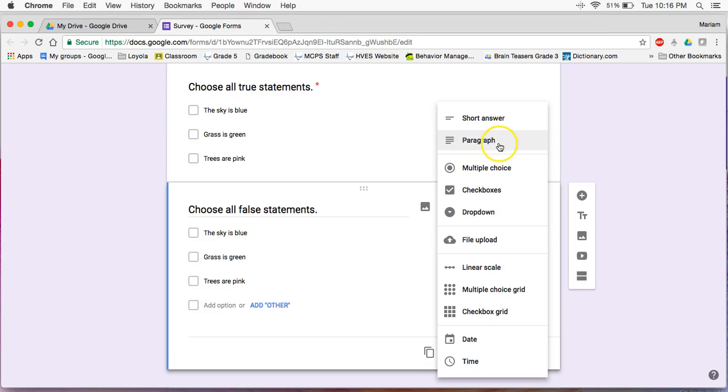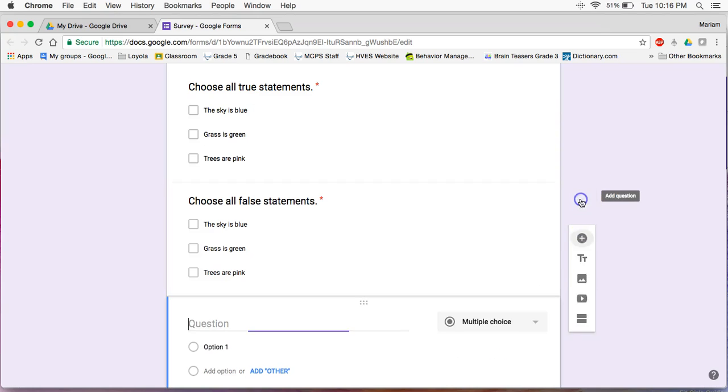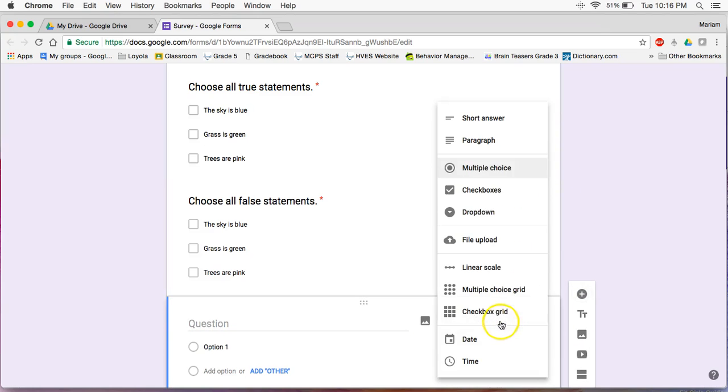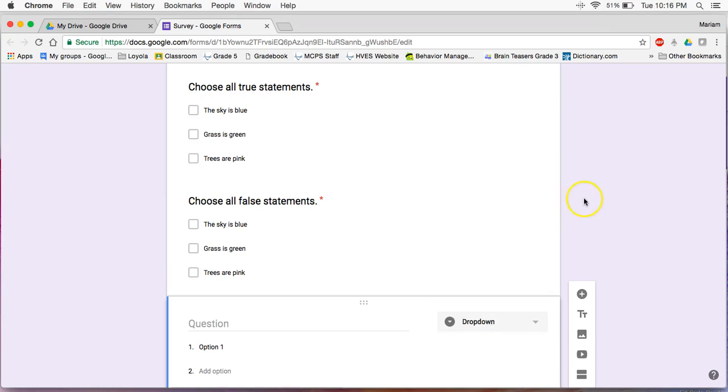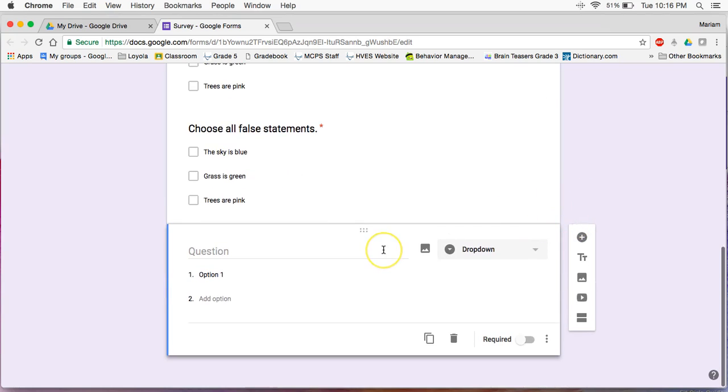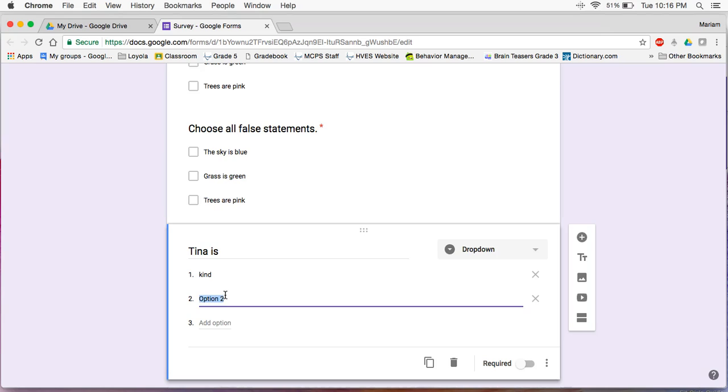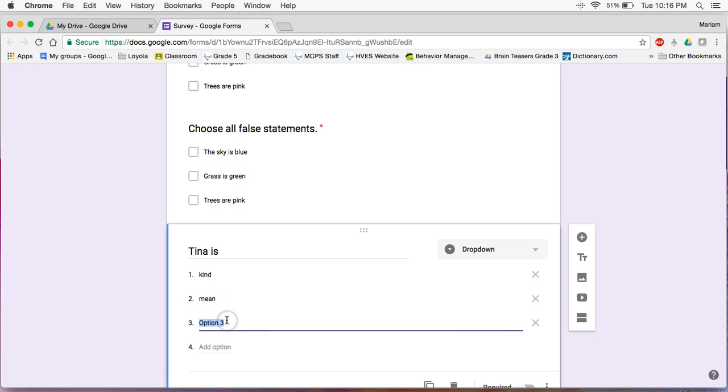There are longer answer responses, short answer responses. There are drop-down questions. So if I want to make this a drop-down,